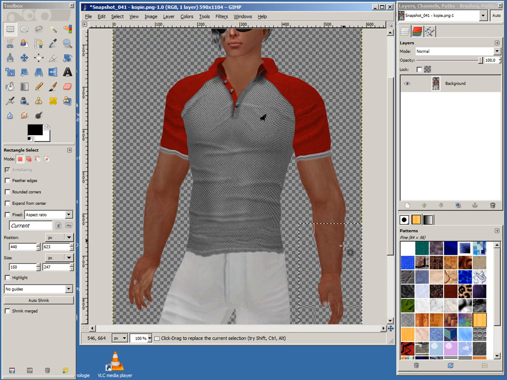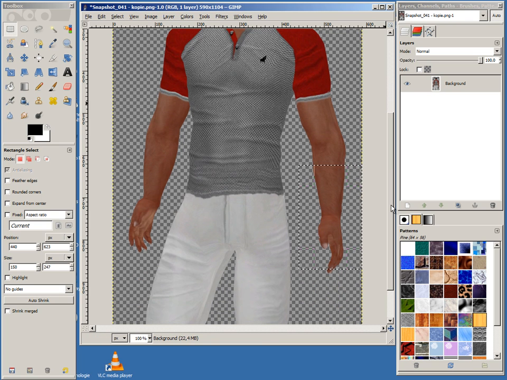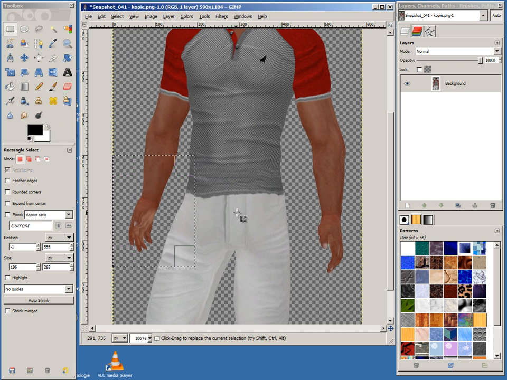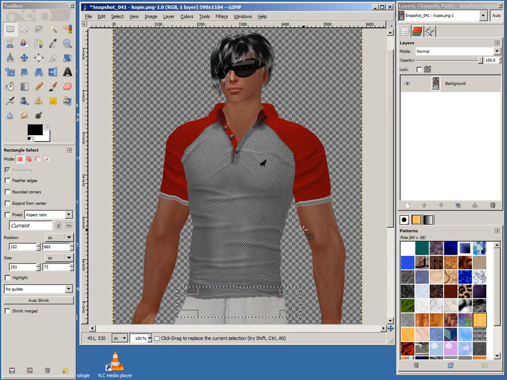Okay, much better. We have the same here, so we're going to make a selection, filter, repeat eye warp, move, make this a bit smaller. Okay, good. So now this is done, and if we are satisfied with what we see,